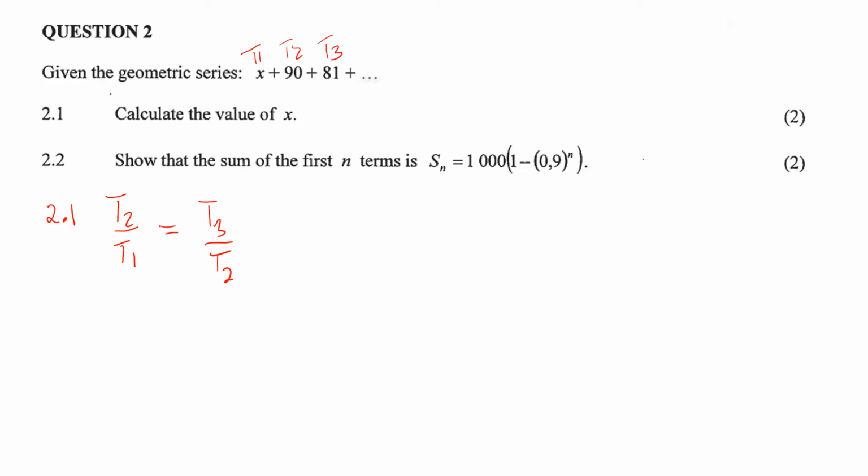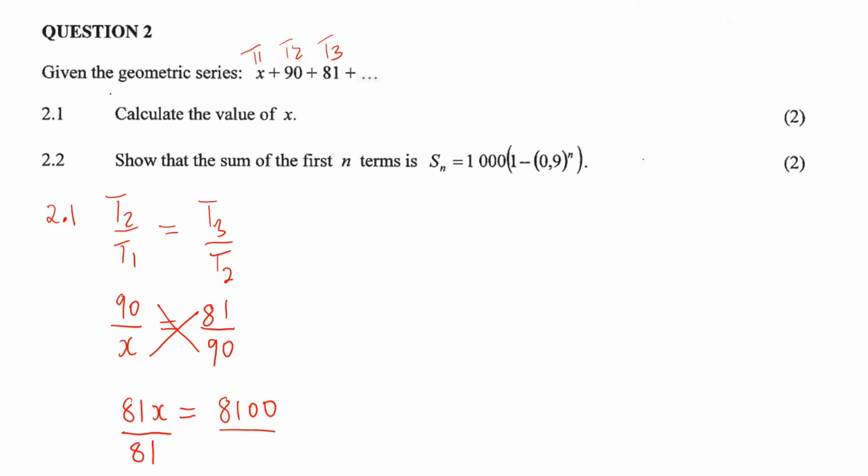We know that this is term 1, this is term 2, and this is term 3. Term 2 is 90, term 1 is x, term 3 is 81, and term 2 is 90. So how are we going to solve for x? We can simply cross multiply. So it will be 81 multiplied by x, which is 81x, equals 90 multiplied by 90, which on your calculator gives 8,100. For x, we divide both sides by 81. So 81 and 81 cancel, and x equals 8,100 divided by 81, which gives us